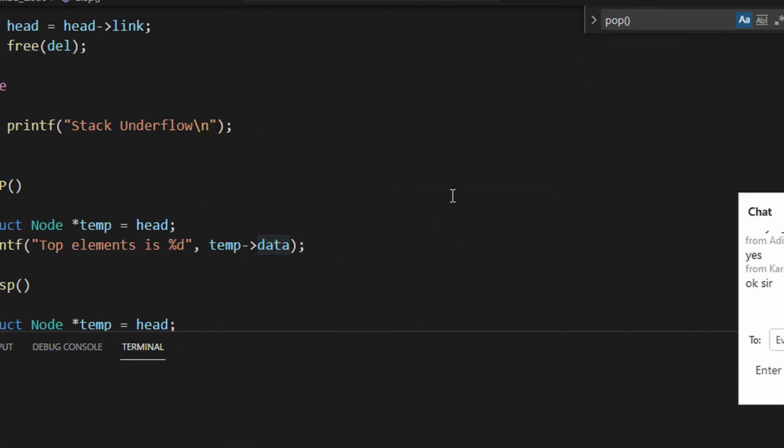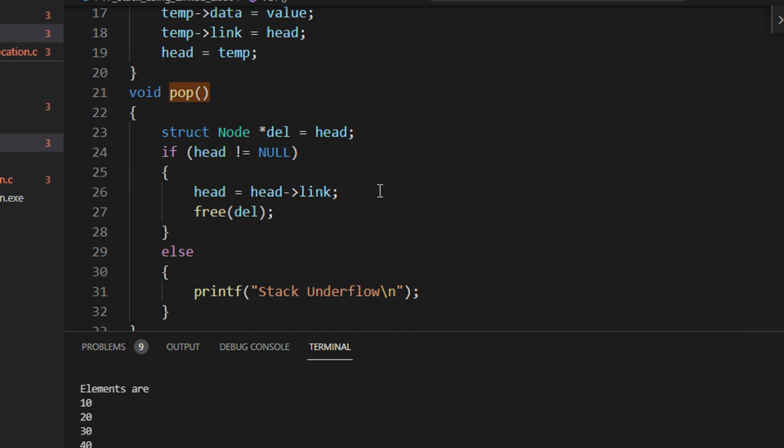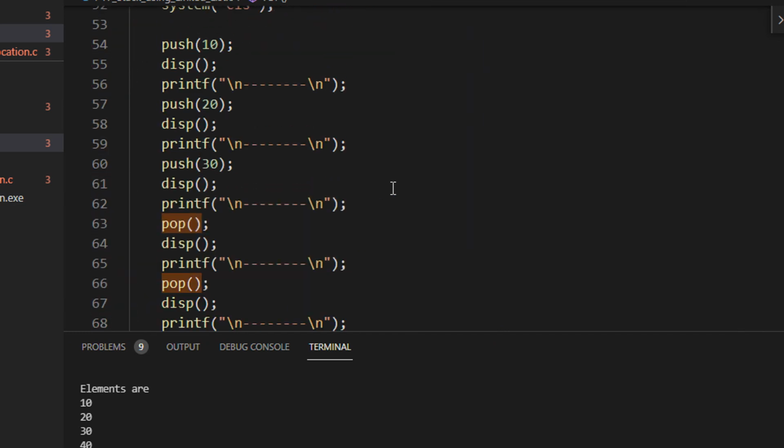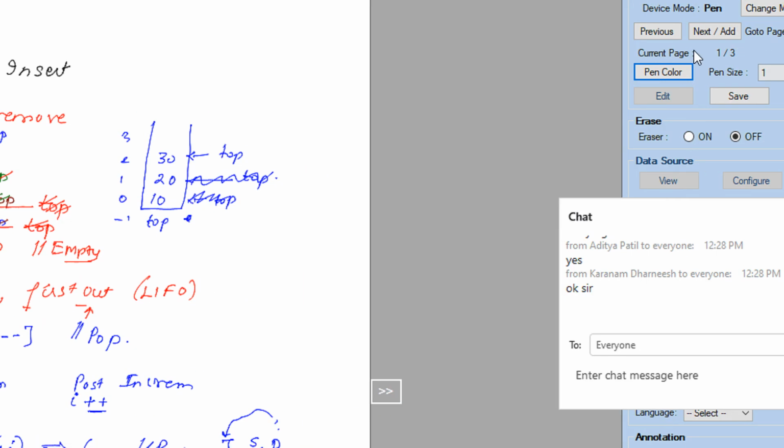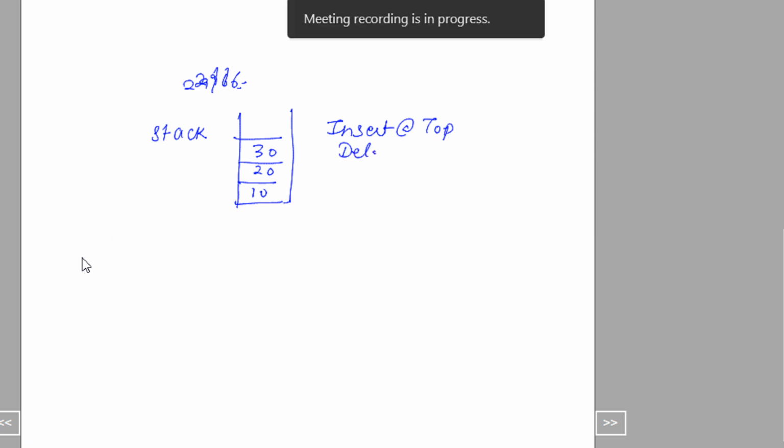So now you have stack using linked list. You have seen already what is happening in the linked list operations, so let me just tell you the logic first. I think you are now understanding linked list enough. See, what was the property of stack that we saw? This is 10, 20, 30. So insert at top and delete at top, right?